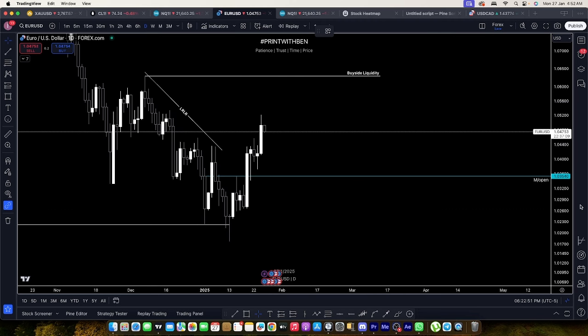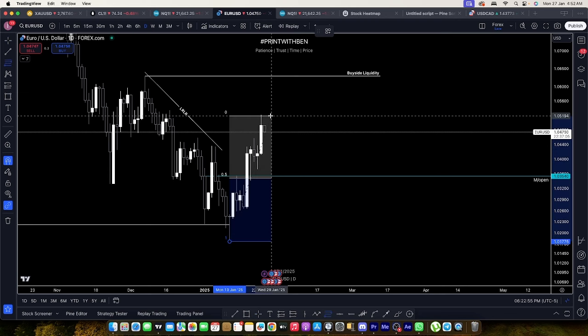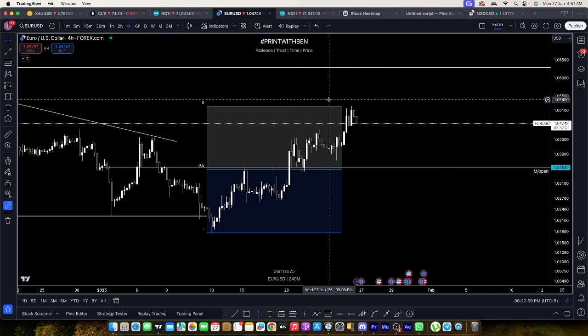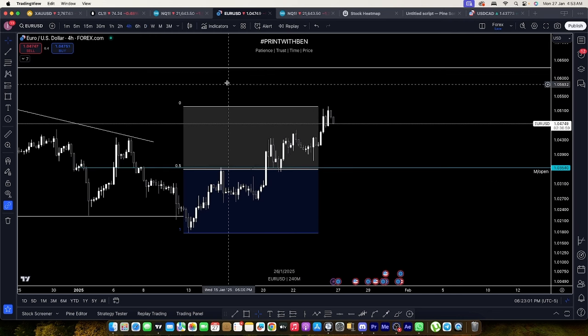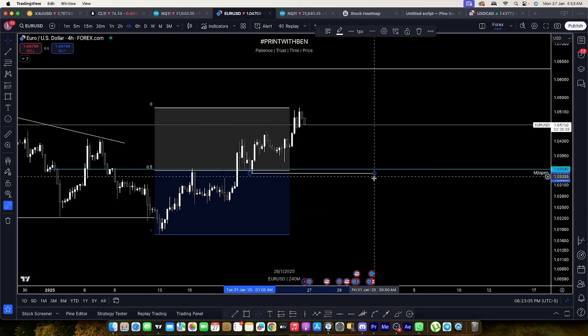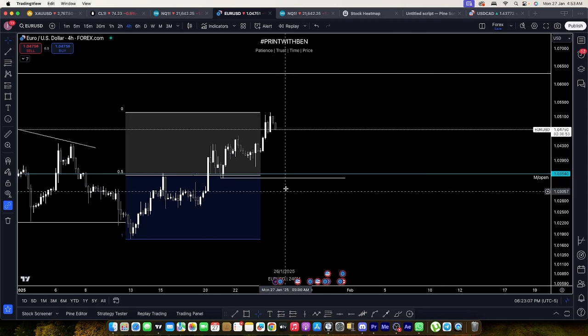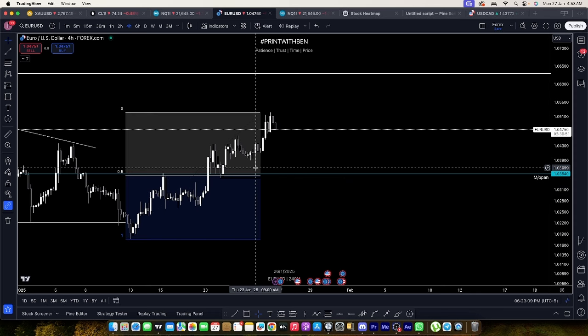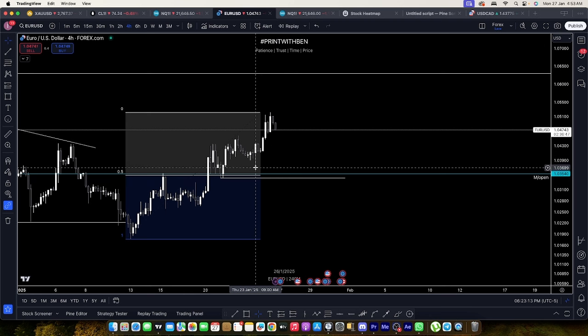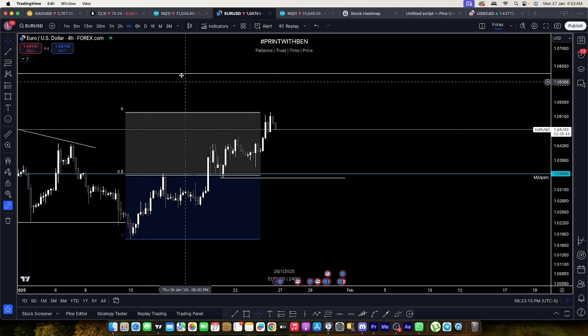So what do I want to see? First I'm going to mark the dealing range right from here to here, and I'm just going to refine this. Probably some sort of key level in the discount. So maybe these lows. I want euro to come back into these lows, or maybe this low, something like that, right? Yes, I want euro to come back into this level, into discount.